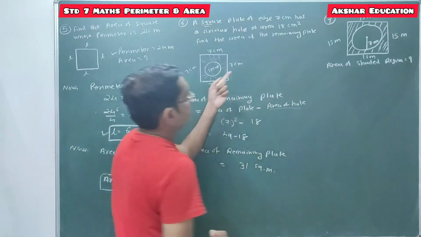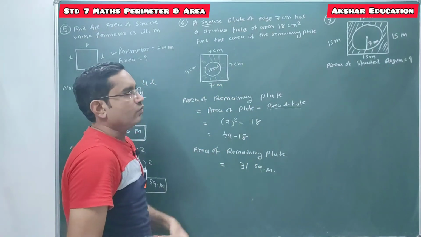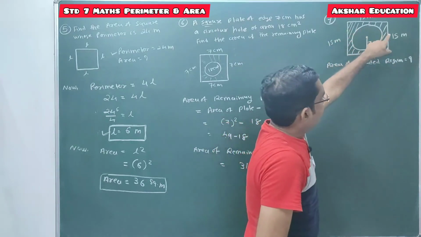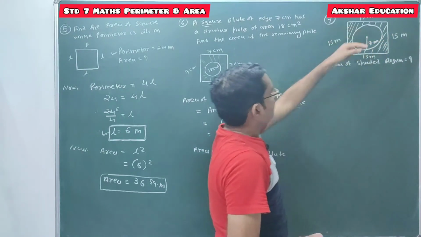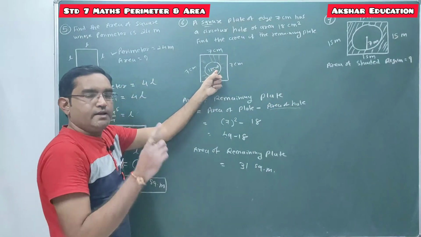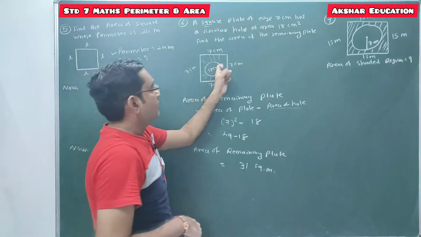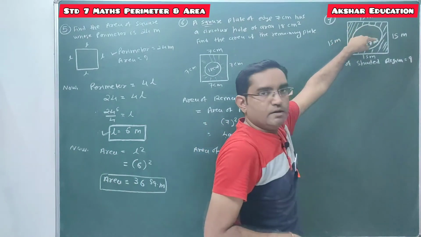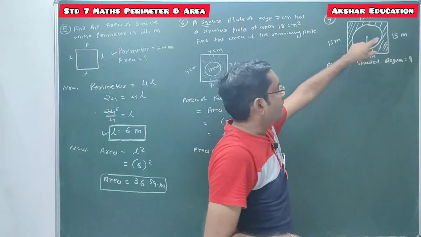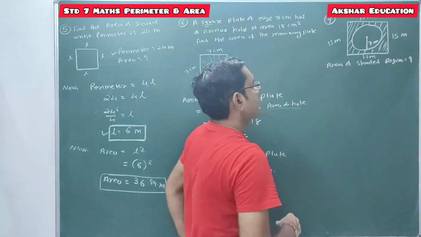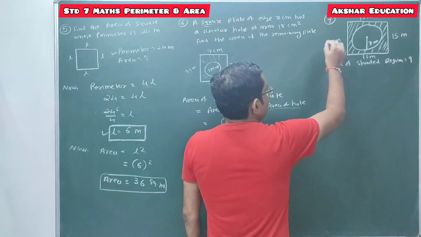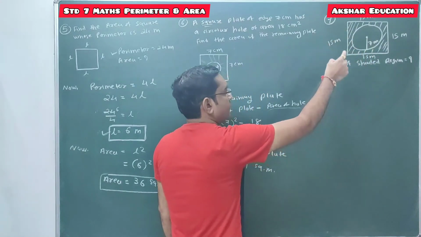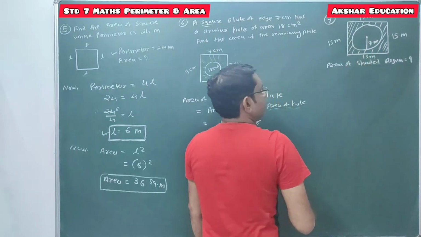Now try this one. Again same sum is there. You have to find the area of shaded region. So what is shaded region? So for this you have to find the area of this square, and from this area of square you have to subtract the area of this circle. In the previous case area of circle 18 cm square was already given, but in this case instead of the area of the circle, we are given the radius of circle. That means you have to obtain the area of this circular part also. So now square is there. For square dimension L is 15 meter, and circle is there whose radius is 7 meter.